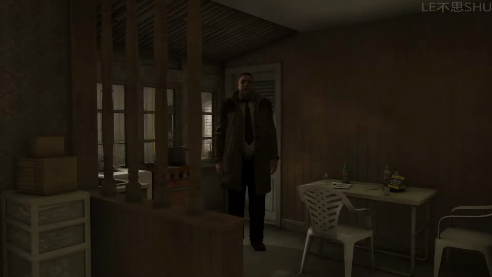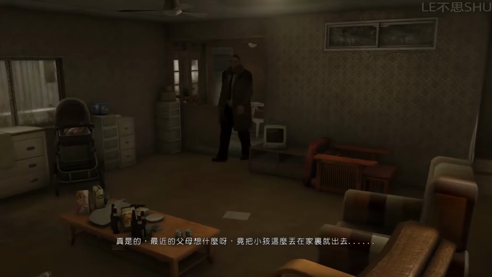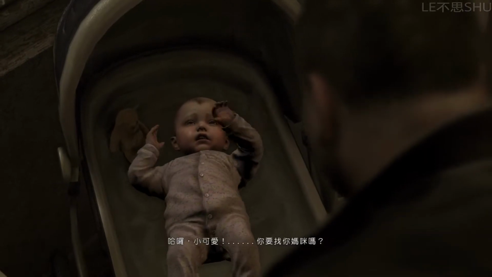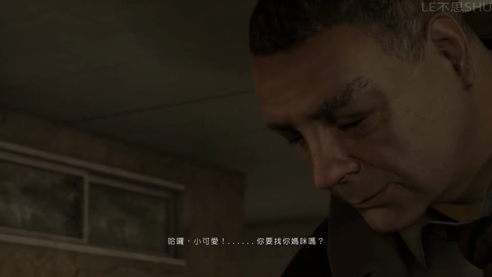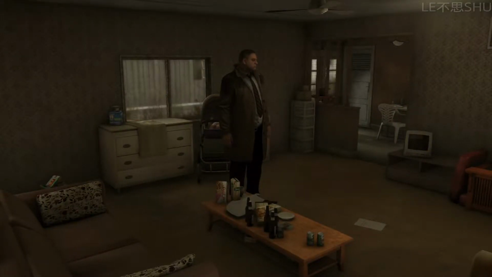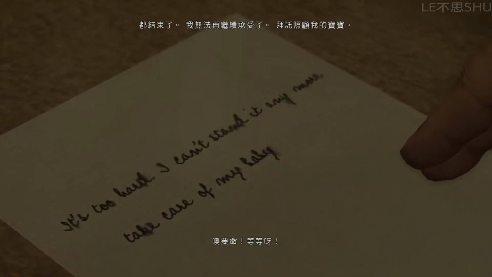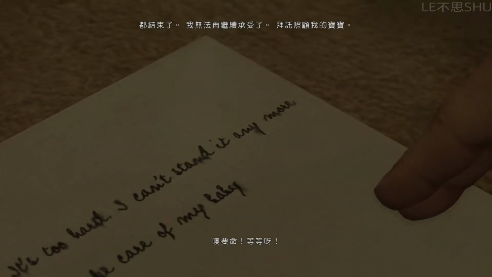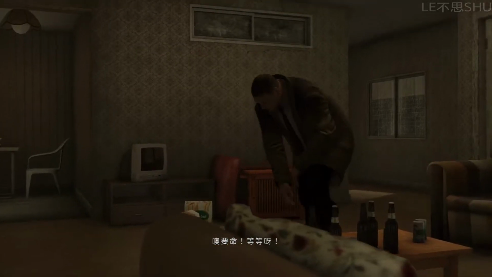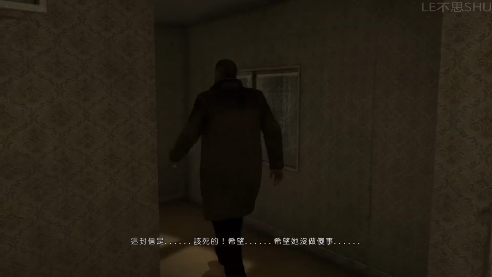Mrs. Bowles? Anybody home? Jeez. Parents today. Going out and leaving a poor little kid like that. Hello, little cutie. You looking for your mama? Oh, Jesus. Wait a minute. This letter. Holy fuck. I hope she hasn't...